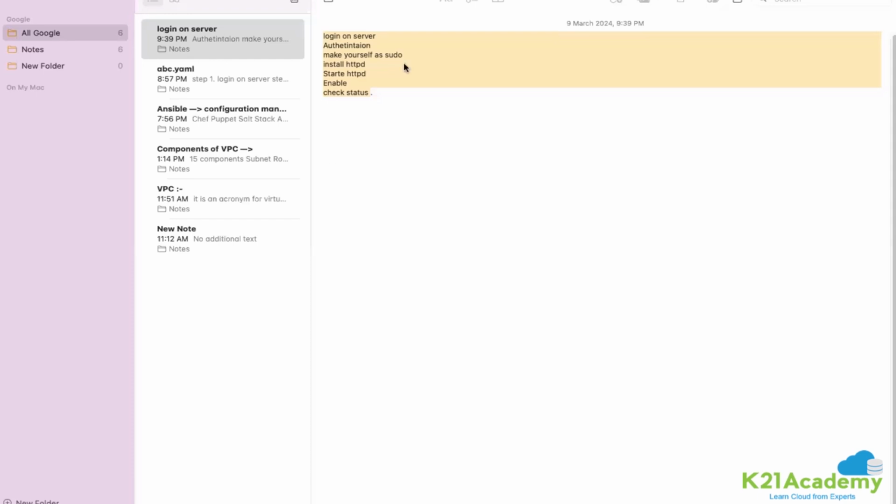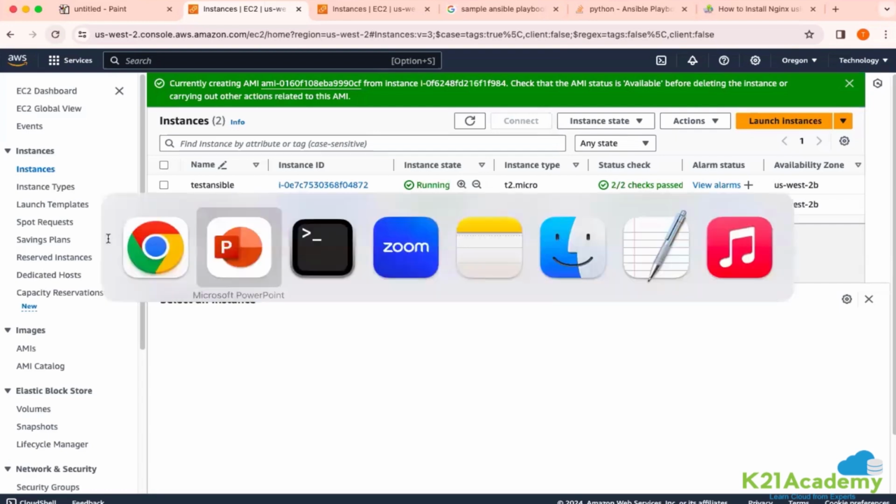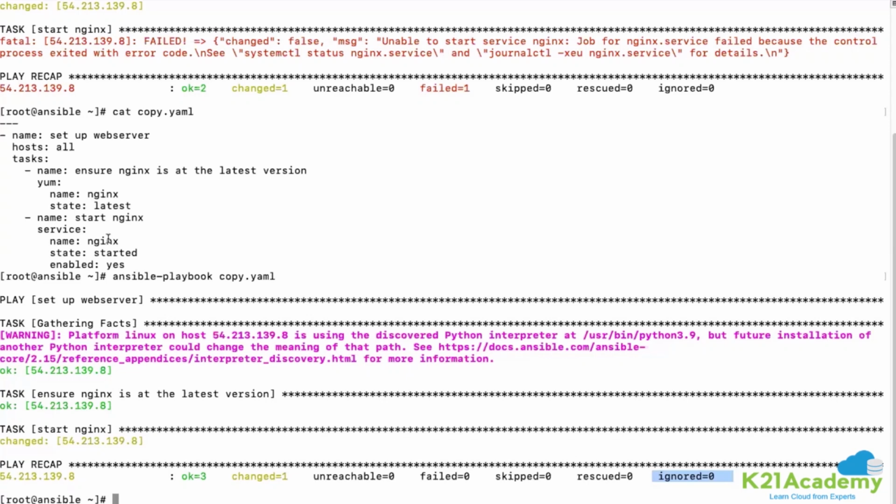Someone was asking a question here. Please tell me. Is there any specific path where we need to place the inventory, or anywhere else it will be checked? In the playbook we are mentioning the host, right? Whatever path you mention, the default path should be the ~/.ansible inventory, but we have mentioned that it will be under /etc/ansible/hosts, and we have defined that in our